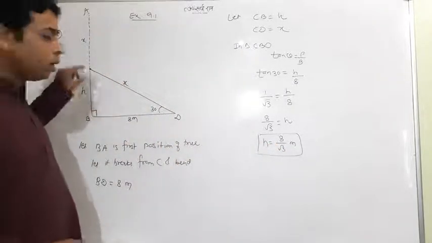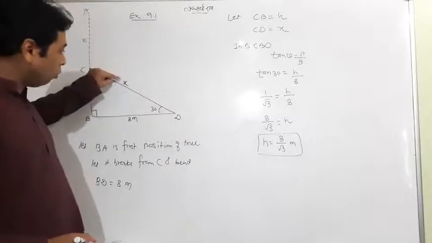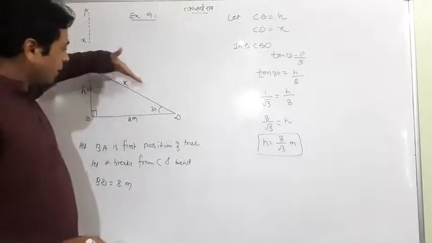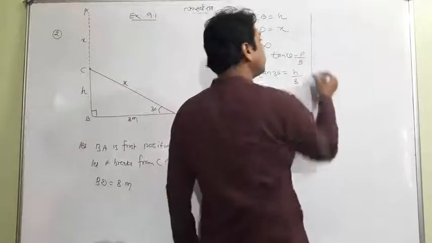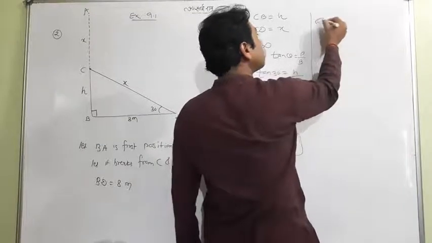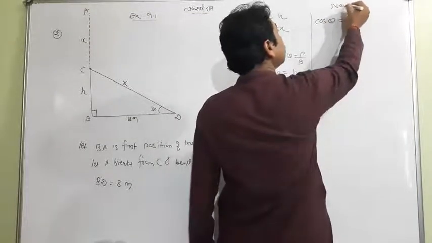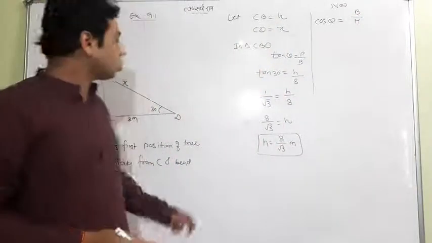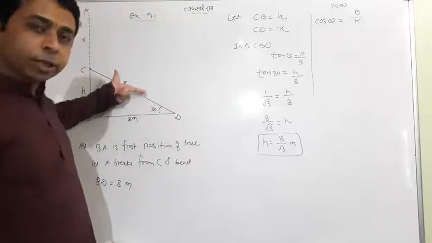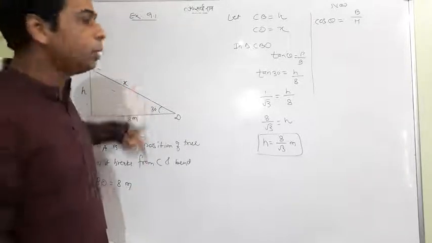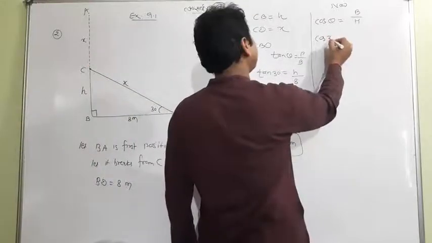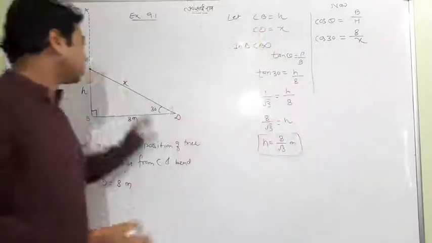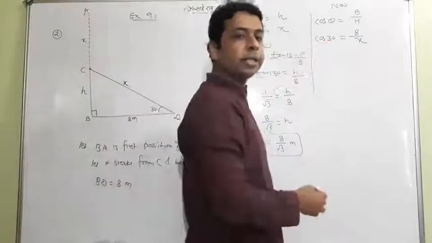Now we have got H. Now we need X. So we look at the relation between 8 and X. This is base and this is hypotenuse. And base and hypotenuse are related by cos. Now cos theta is equal to base upon hypotenuse. Now you know why I have taken cos, because cos shows the relation between base and hypotenuse. Base is given and hypotenuse we want. So cos theta, instead of theta we write 30. So base is 8 and hypotenuse is X.